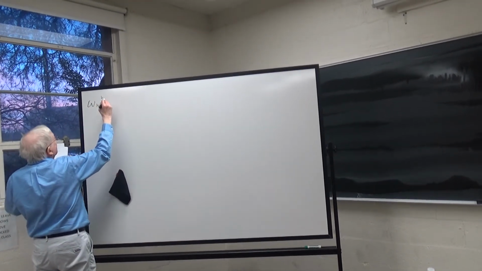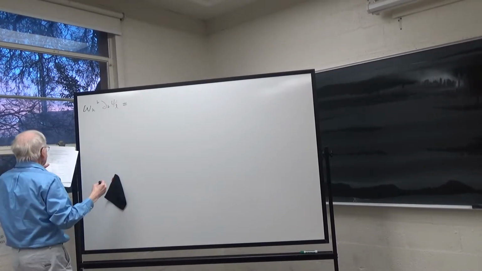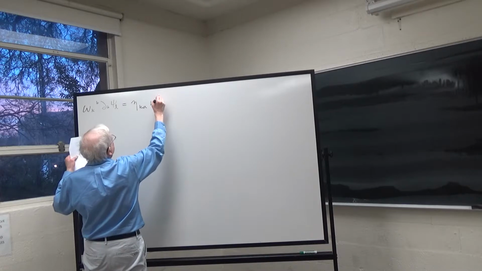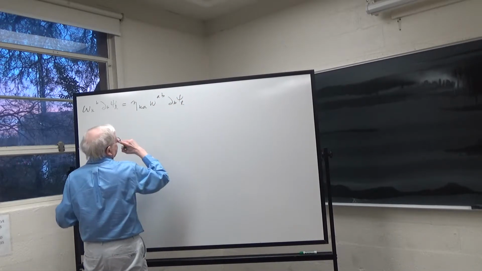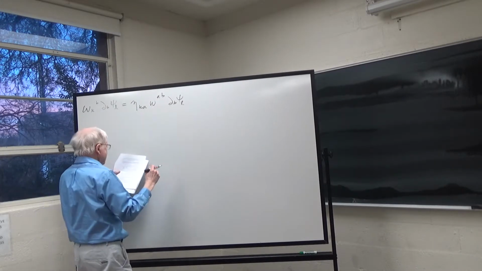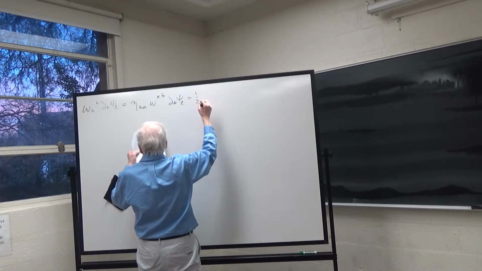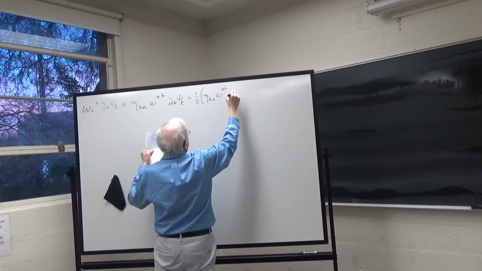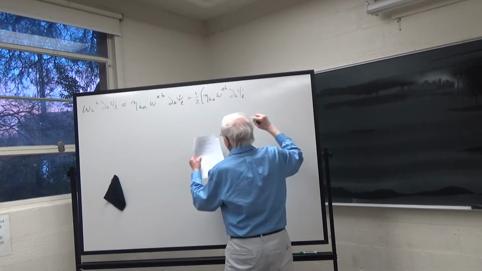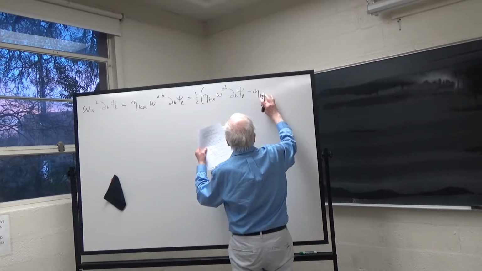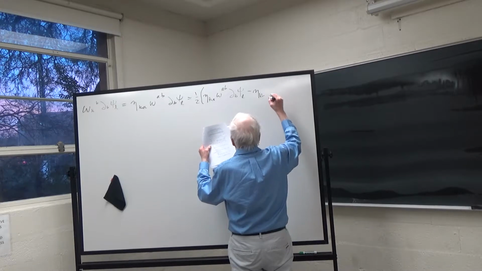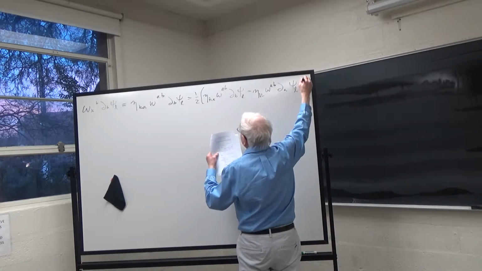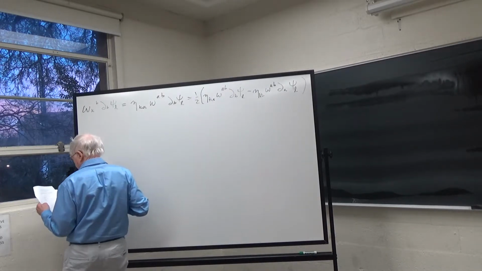I'm changing j to b, first of all. dB of psi L. We can write that as eta ka omega ab dB psi L. And then, taking advantage of the fact that this is symmetric and that's anti-symmetric, we can write this as 1/2 eta Ka omega AB dB psi L, and then minus eta KB omega AB dA psi L. And if we put that in the last expression,